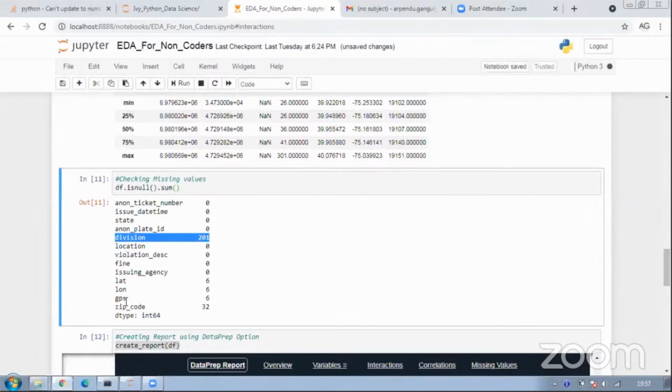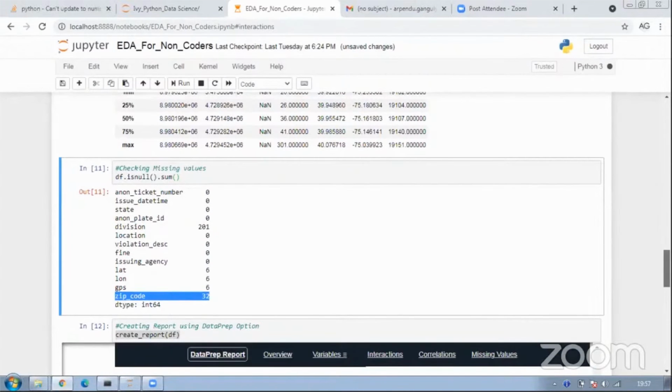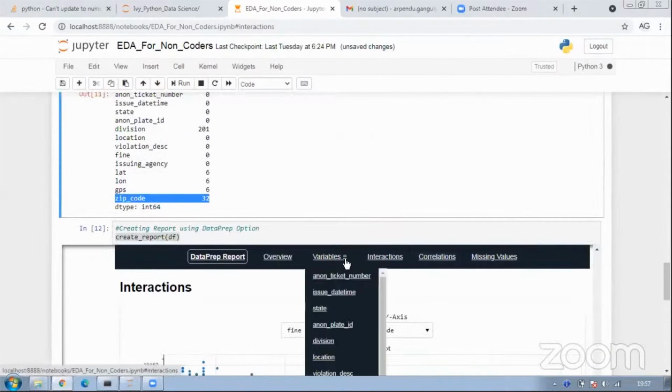Second, in terms of missing values, 32 zip codes are missing. If I go in terms of percentages, let's use zip code.